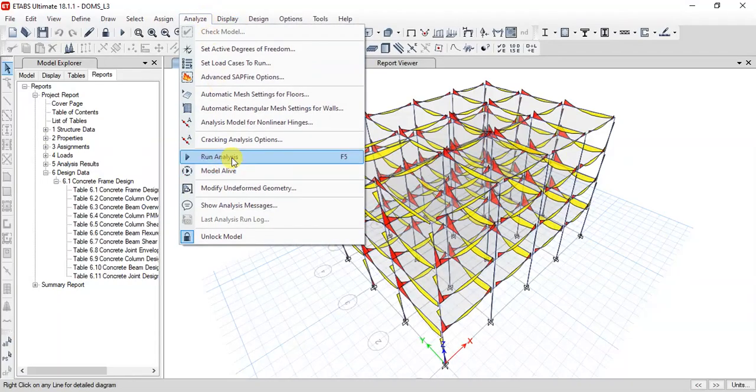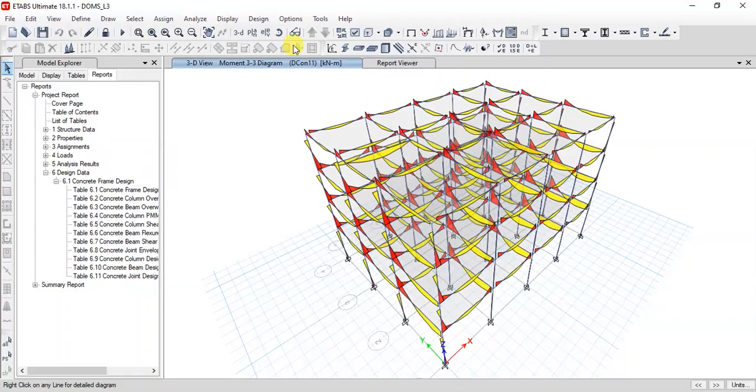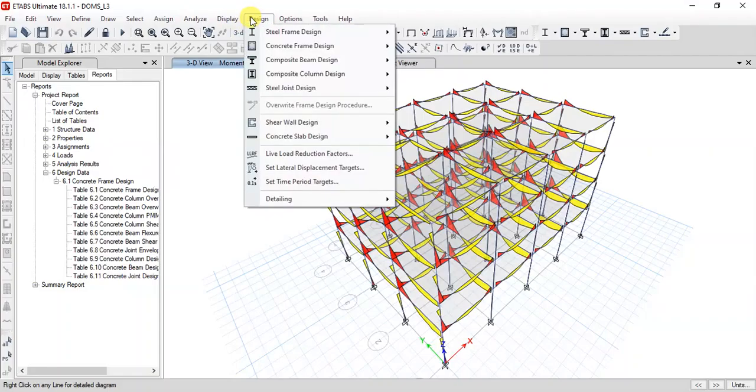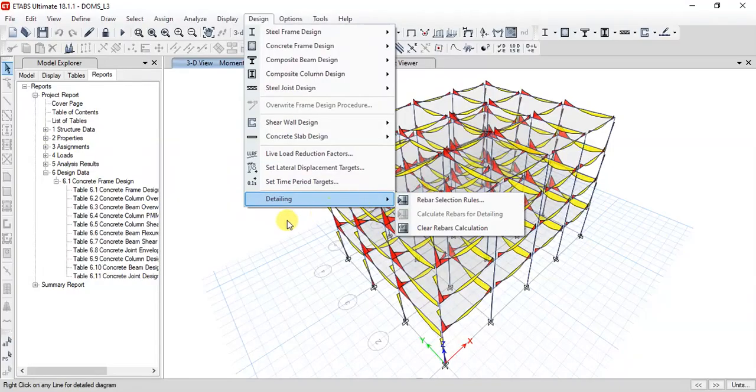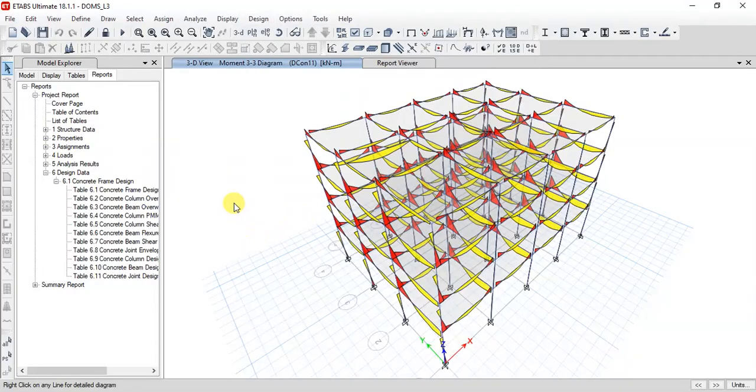So each time you want to make any changes in sections, you need to uncheck and redo the analysis. I hope this video has been helpful for understanding the basic concepts of modeling and designing of multi-story structures using it.